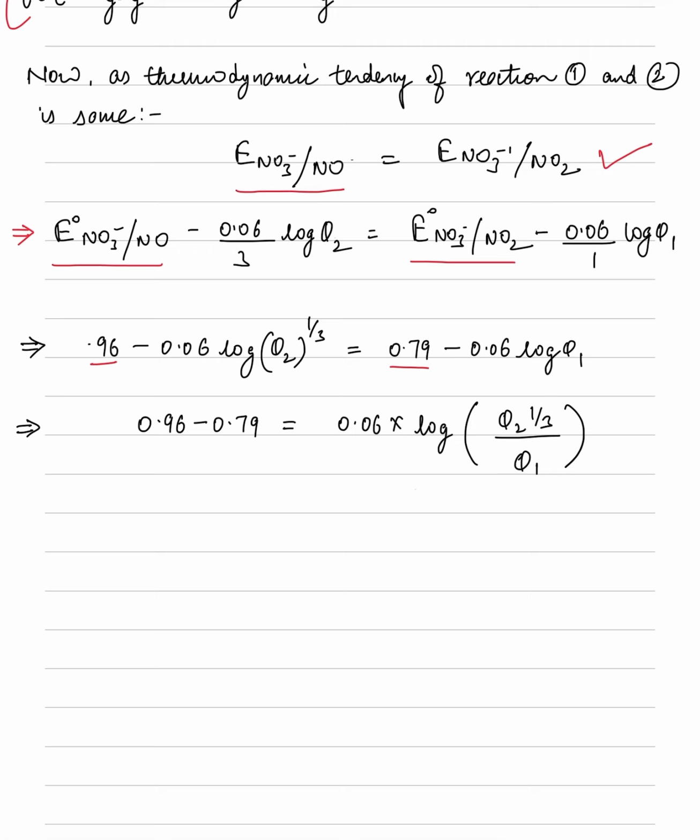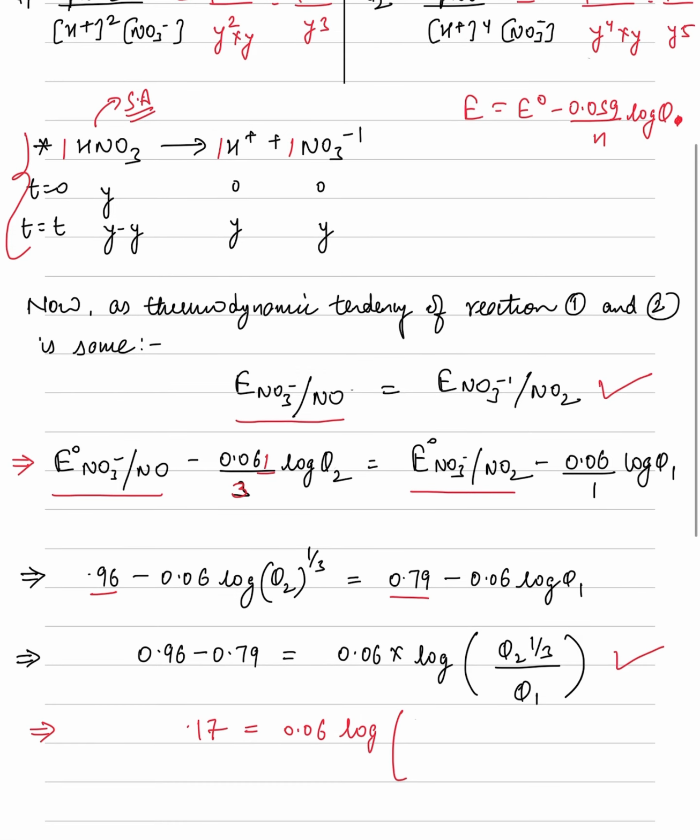Why have we done this? To simplify the calculation. Since it is basically 1 by 3, we can easily take it into the power of Q2, right? Now upon further solving, we have reached this step. If we further solve it, it will come out to be 0.17 is equal to 0.06 log of,